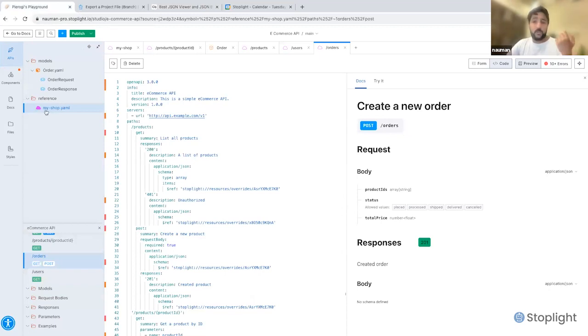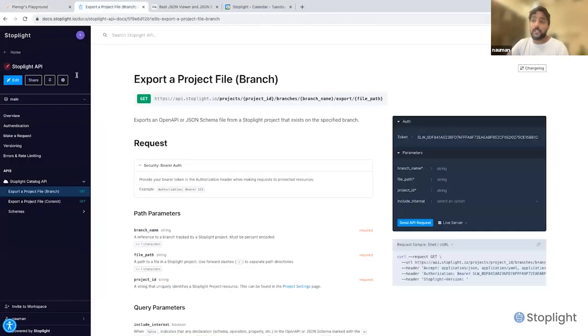And while one way to export this is using the UI, we also recently launched an API, which there's a webinar, I think, later this month that you'll get to know more about. But this is also available on the Pro and Enterprise plan. Within the API, you can actually automate this. So as you design these APIs and create pull requests, you can call this API and get the exported specification for your downstream tooling, be it in your CI or in other places that you want to automatically get these